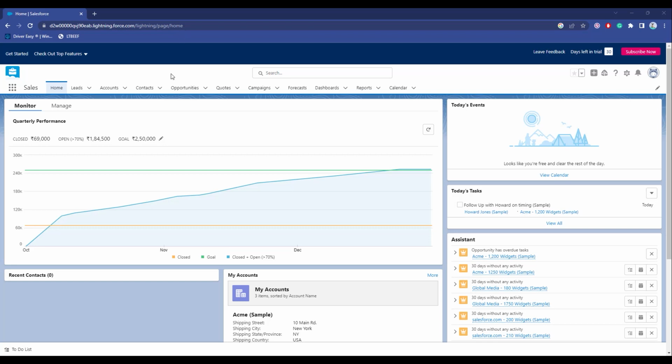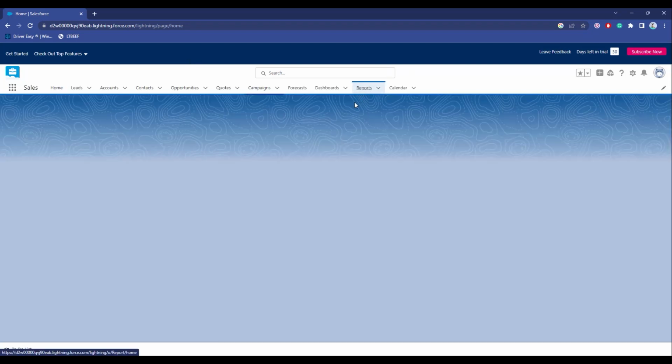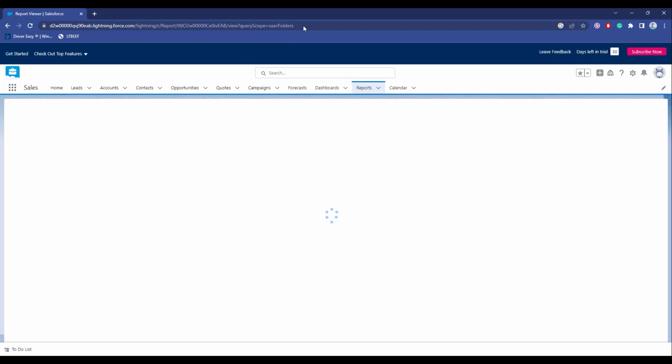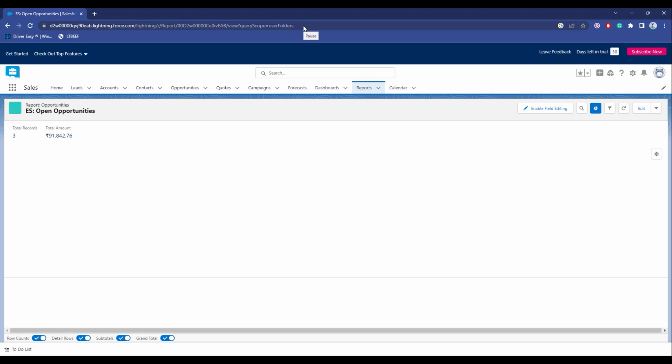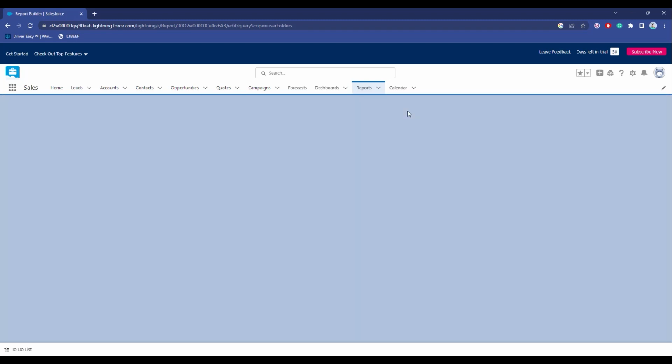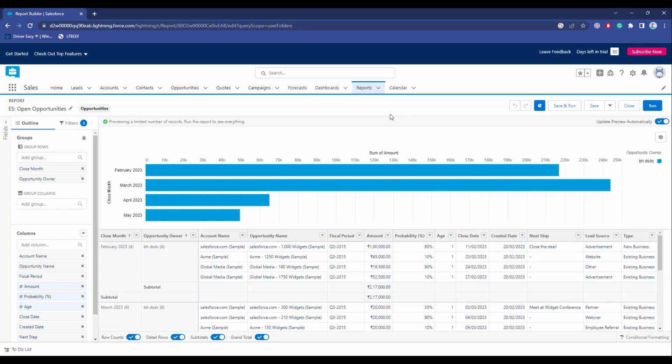Now before going forward by creating a dashboard, firstly what you do is just simply group your reports. Now what I mean is just simply go to reports and let's open a report. Let's go with open opportunities over here. Now what I mean is, let me go to edit. Then by group, I mean you have to add a few groups over here in the group section,